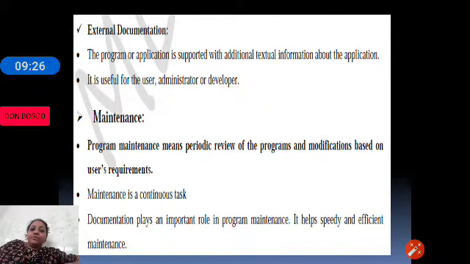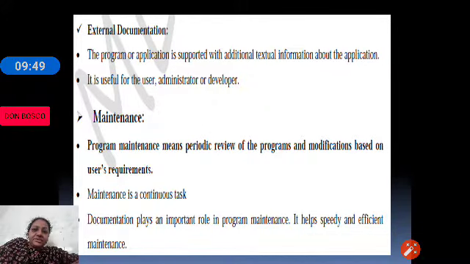So like when we purchase a new television or any refrigerator or a microwave oven, there will be a reference material given. That reference material will have all the information about how we can use that particular device.